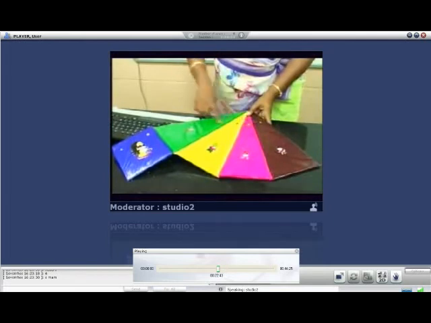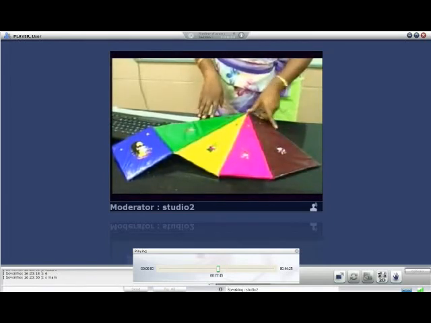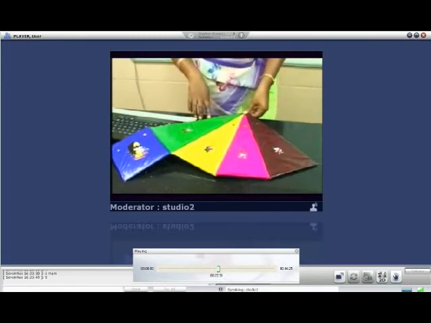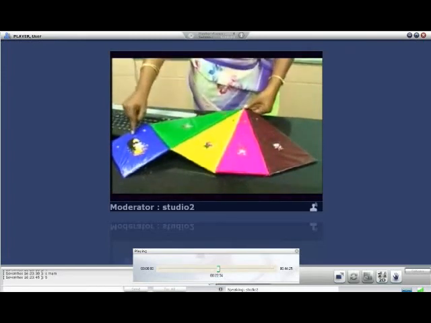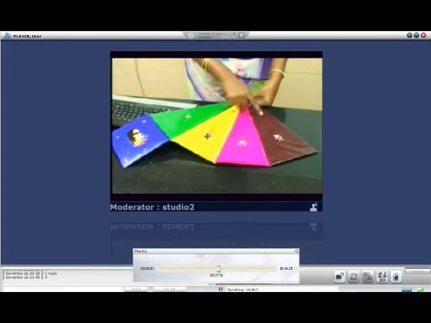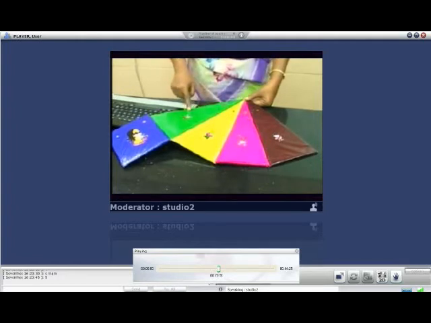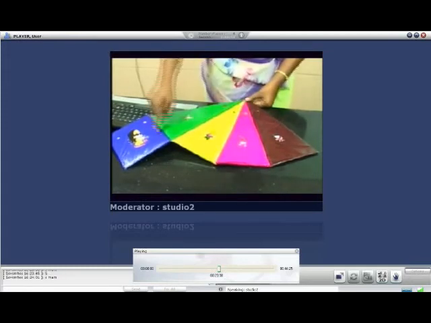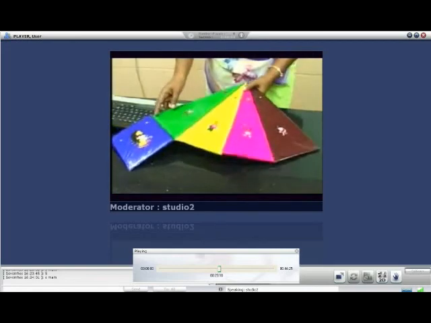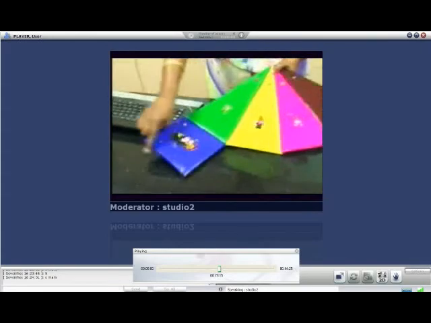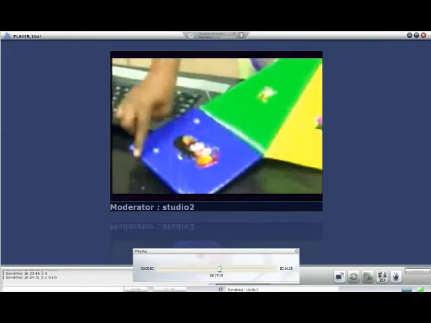So how many faces do you have here? Can you count the number of faces? Yes, count the number of faces. 5. Yes, very nice. Your base is a square. So this is your first face, and you have 4 triangular faces here, isn't it? Is that clear? Yes, so altogether you have 5 faces. And how to count the vertices? For the square, you know, you have 4 vertices. So these are the 4 vertices.